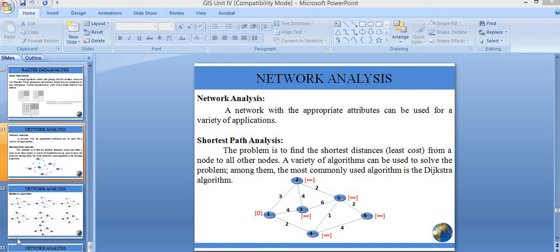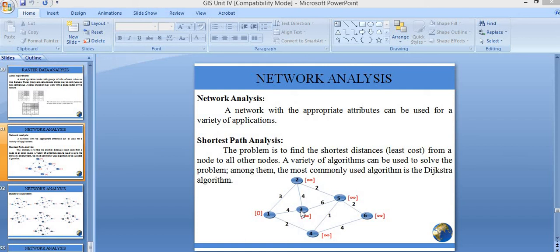Now in this case, 2 is an adjacent node of 1, right? What will be the path to node 2 when you go from this particular source node? 0 plus 3, that is 3. Already you have a distance of infinity. Now 3 is less than infinity, right? So 3 will be the shortest distance for node 2.